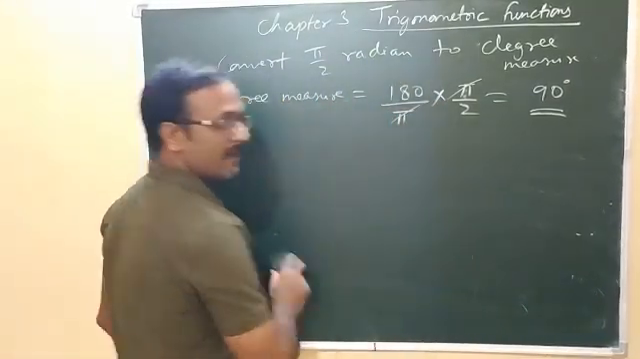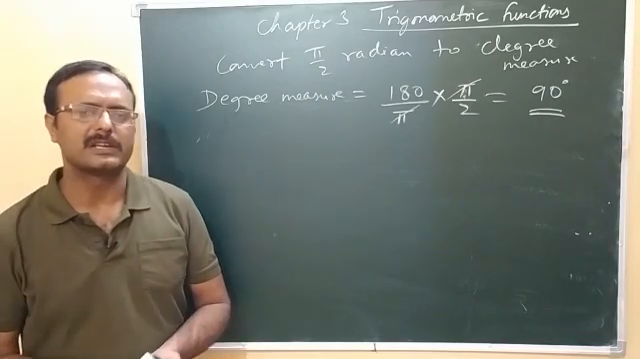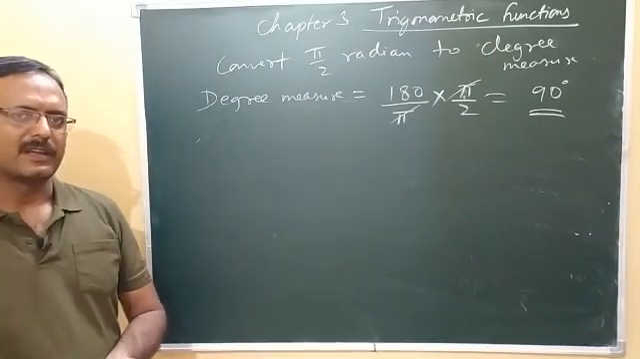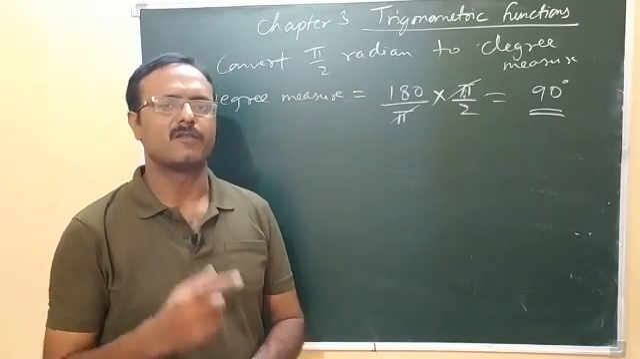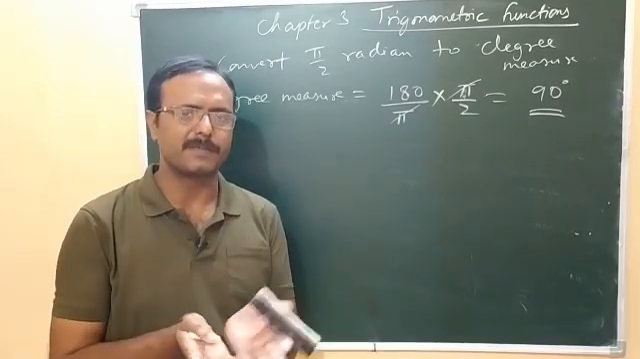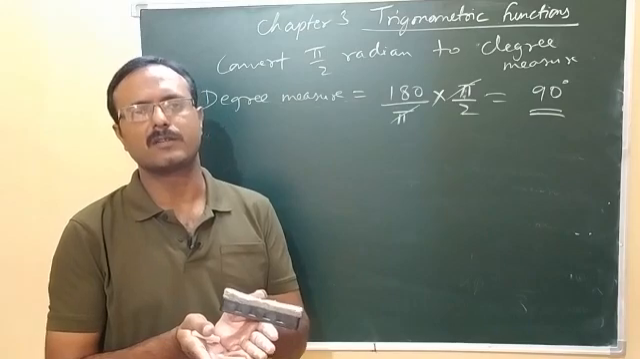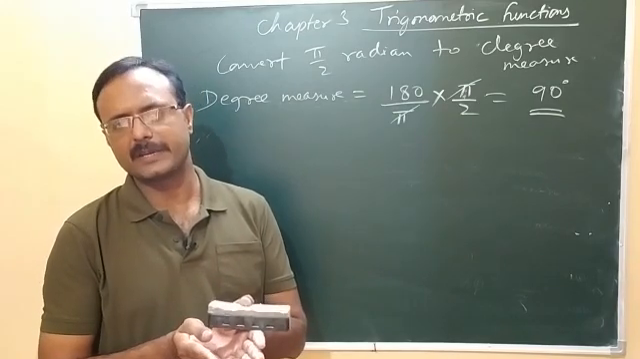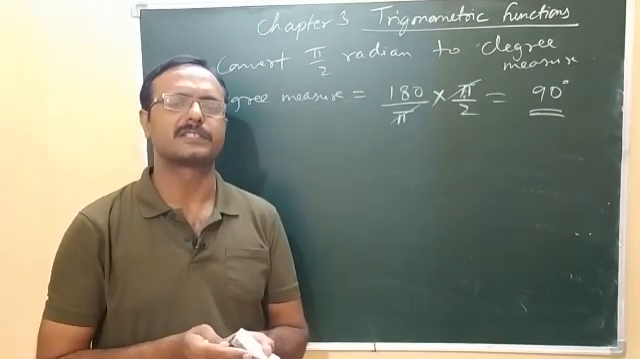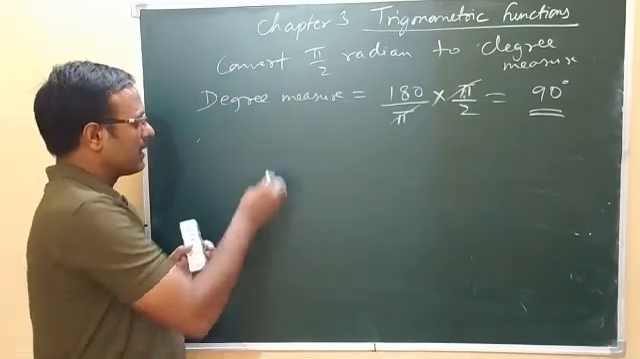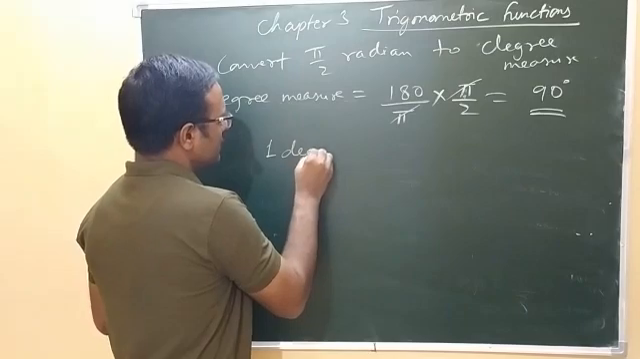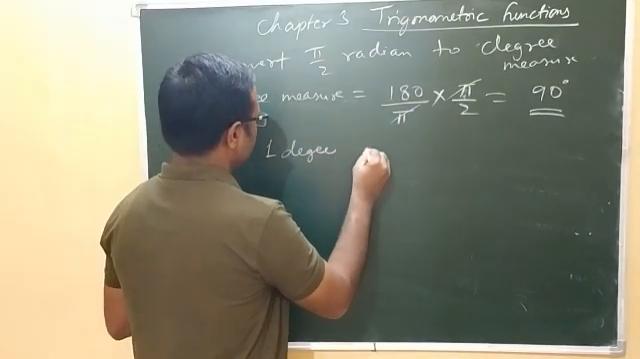Before that, I will give some more details about the degree. You might have seen the clock. In clock, 1 hour is divided into 60 parts, and that 60 part is called minutes. And again 1 minute is divided into 60 parts, and that is called seconds. Similarly, here also 1 degree is divided into 60 parts,